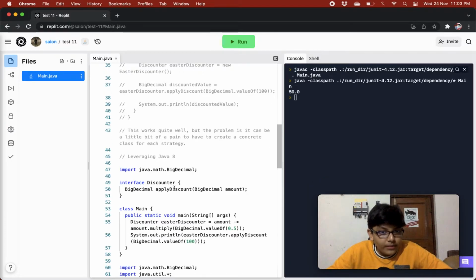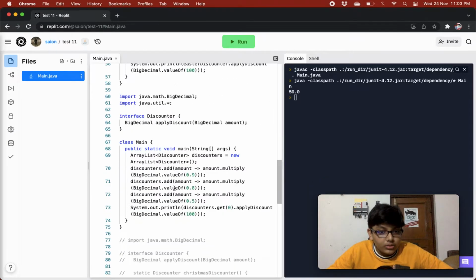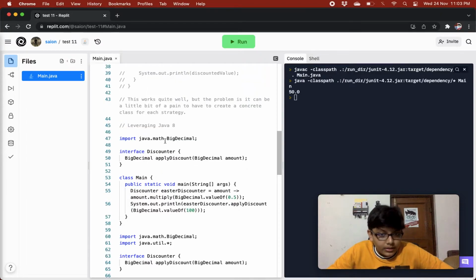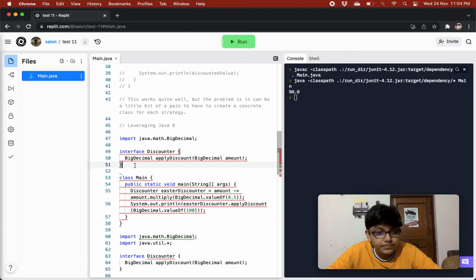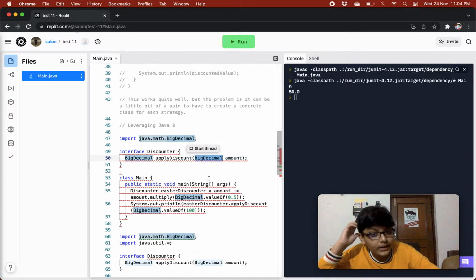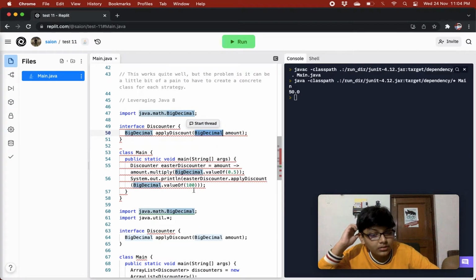Okay, so leveraging Java 8. So this is the code. In this we are importing java.math.BigDecimal, which we need to do to use the BigDecimal data type. Then in our interface Discounter, we are creating a method that will return a value of type BigDecimal, and it is accepting a BigDecimal value amount. And in a class Main,